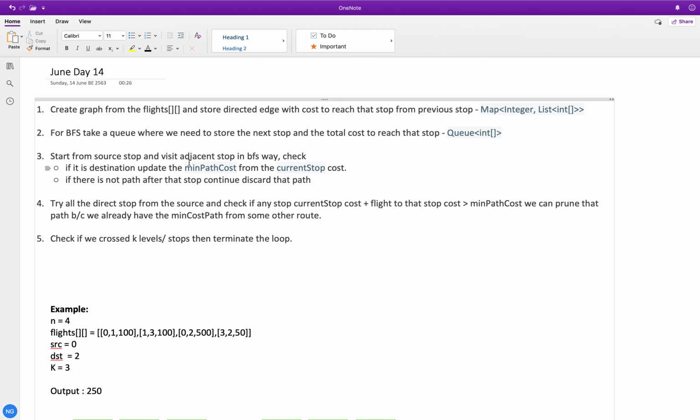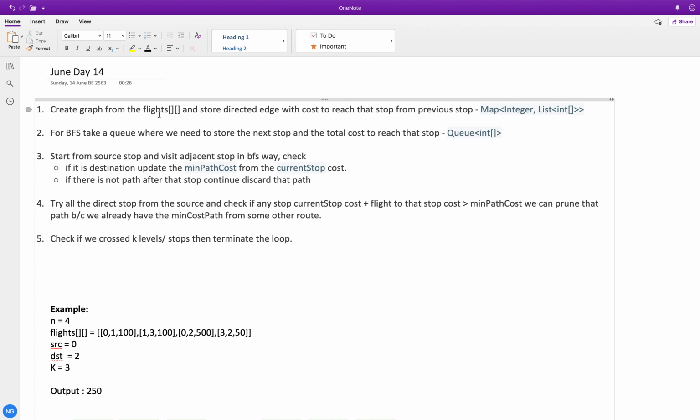I am going to solve this using breadth first search. This can be done with many other algorithms too, like DFS, which I will explain later, and very famous algorithms like Dijkstra and Bellman-Ford, which I am not covering here because those algorithms need a little extra, so I will cover them in a separate video.